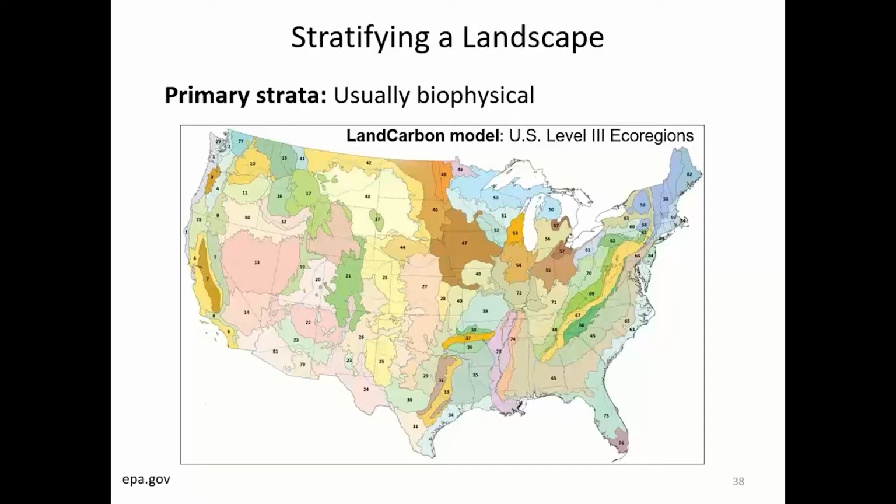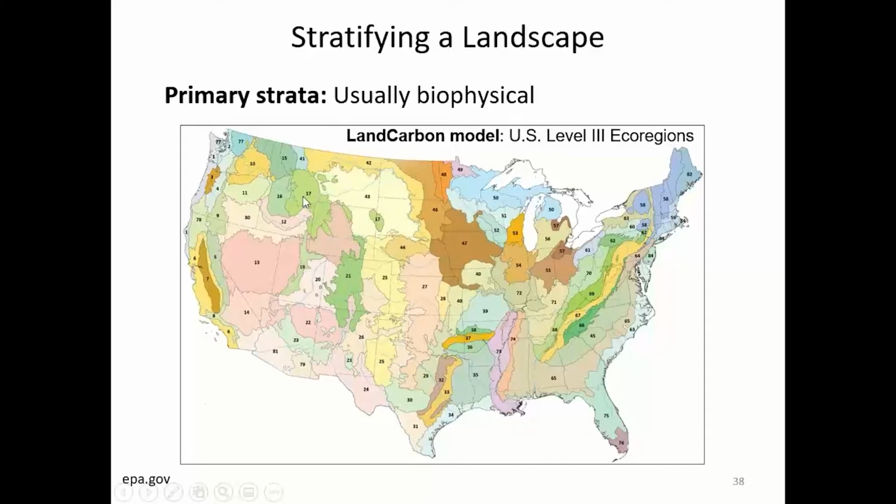This is an example of some modeling work that we've been working on, doing some modeling of carbon in this case across the entire US. And the backbone of that model is a primary strata that's these ecoregions. I think there's 90 of them or so for the US. And so these are ecological zones